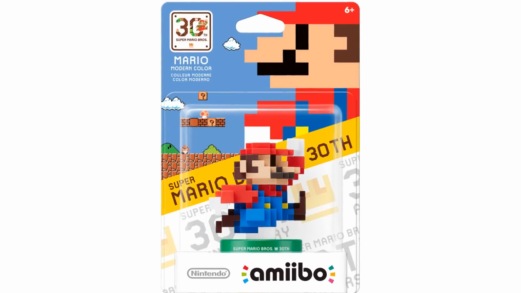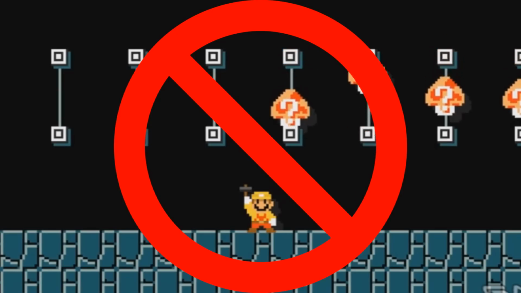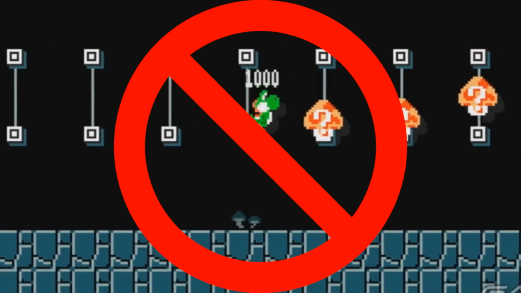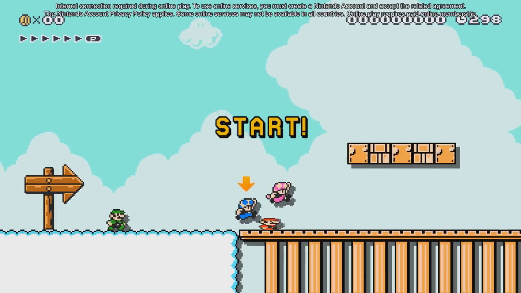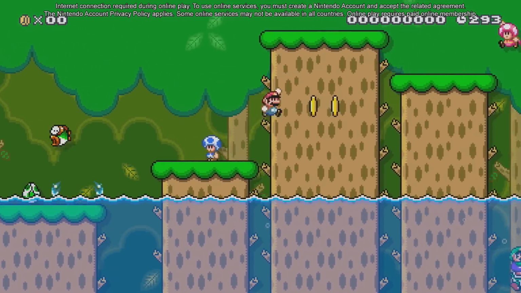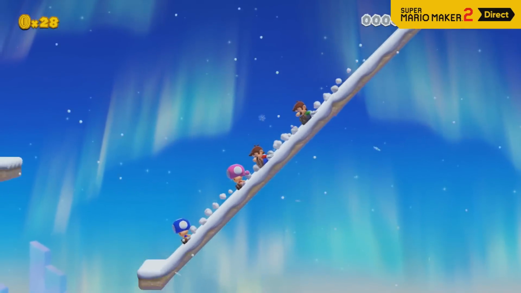Okay, so let's get the bad news out of the way first. There is no Amiibo support in Super Mario Maker 2. Which also means that Mystery Mushroom costumes are gone too. Yeah, we asked a Nintendo rep to make sure. So it seems the focus this time around is on the 4 playable characters and their various appearances throughout the different game styles. And speaking of things that are missing...